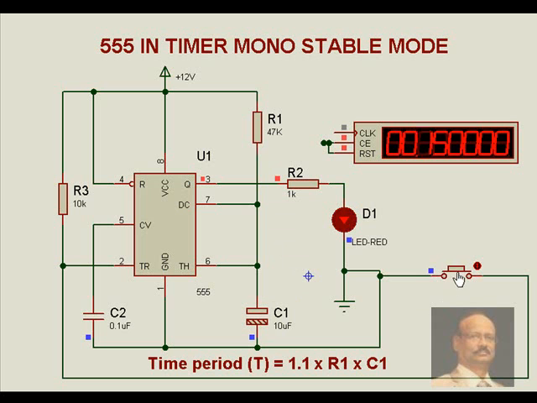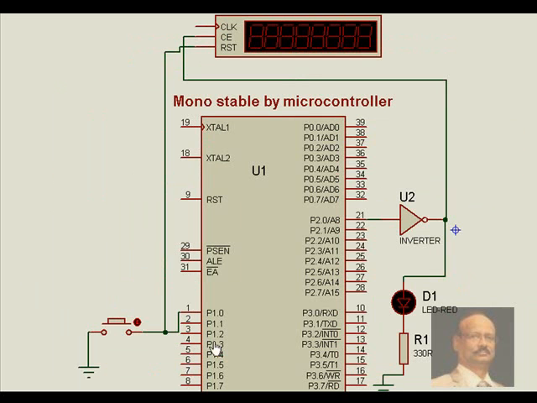You will see this. We get a timing of about 0.5 seconds here. Based on these values, you can always calculate and then find every time we trigger pin number 2, we get this kind of timing within seconds. It's 0.5 seconds. As compared to the digital type, where we have used a microcontroller, an 8051 series, the